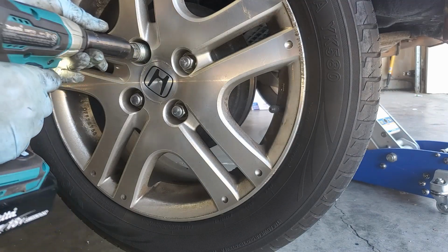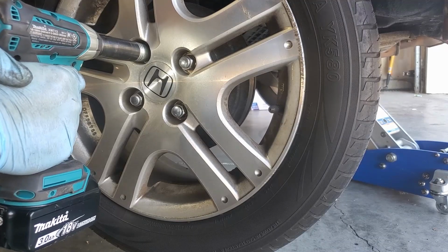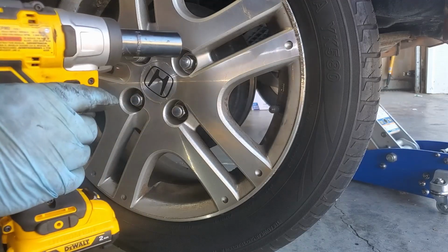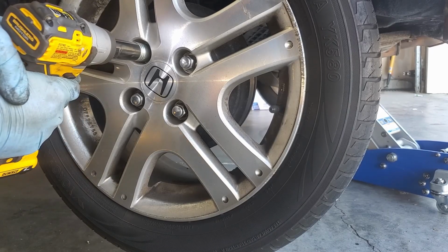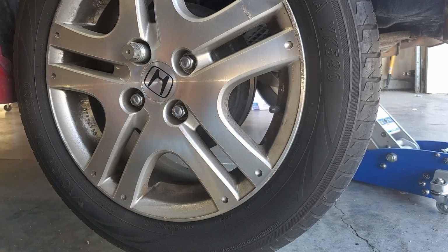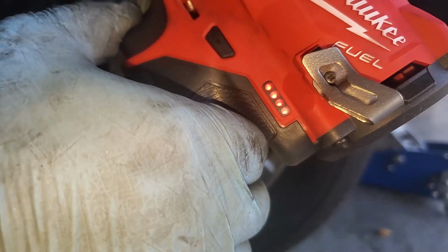Here we are on the third wheel, and I expect we have the same problem. Here's the Dewalt again. Here I'm bringing out my Milwaukee 3/8 impact wrench, the stubby one, as a point of